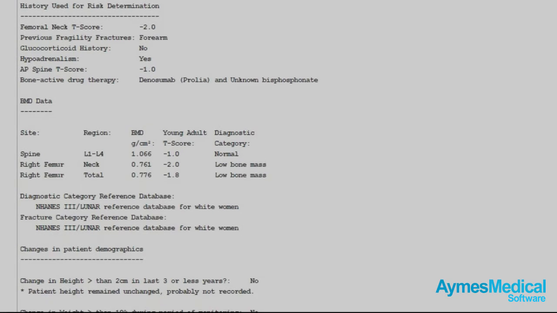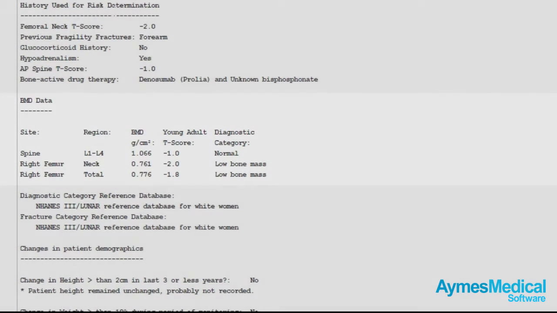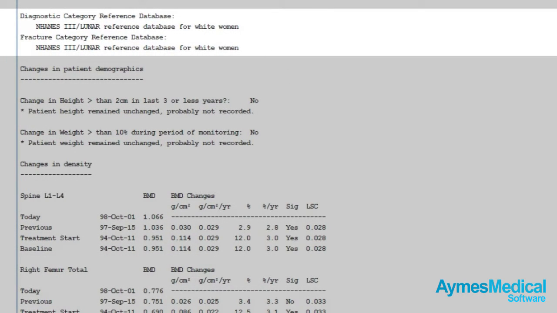The BMD data section will list all the sites of the exams that were sent to PACS. In this example, we see spine and right femur. However, if a forearm, total body, or the left femur were also scanned and sent to PACS, additional regions would also appear here in this section. Further below, it will also indicate the diagnostic category used for the reference database, as well as the reference used